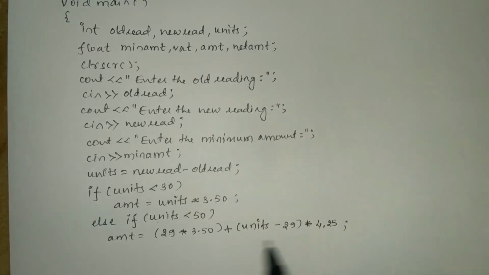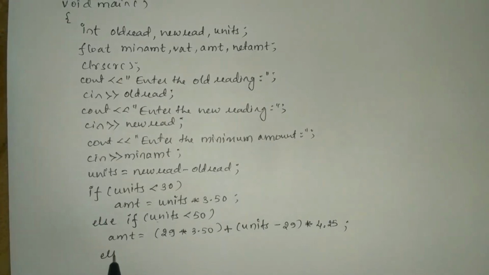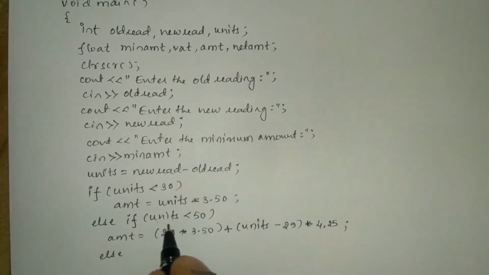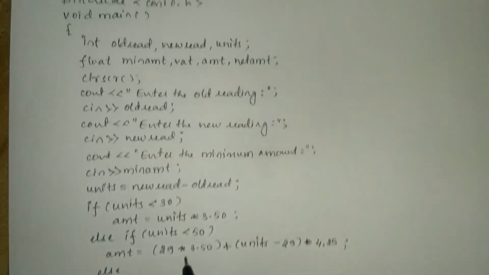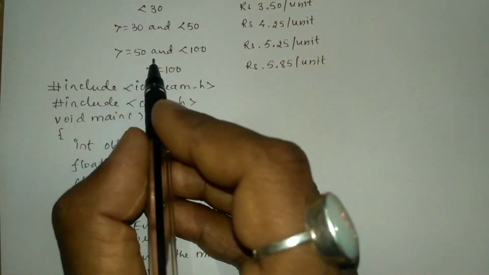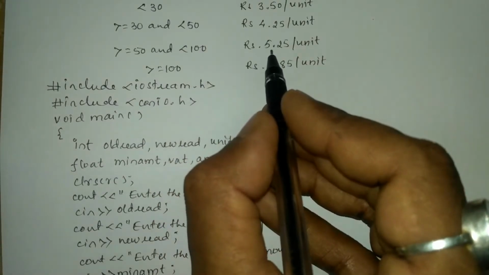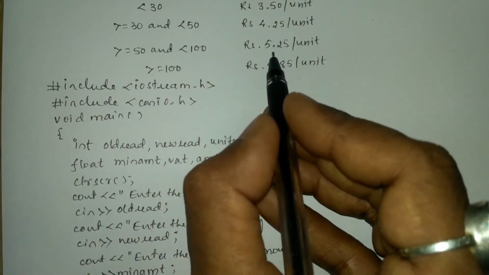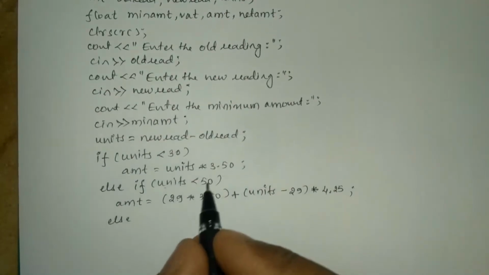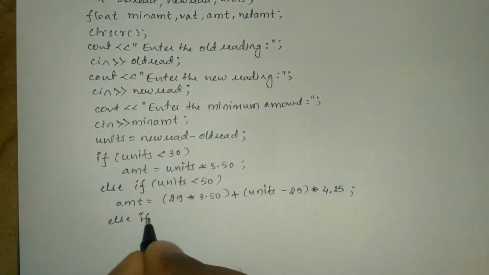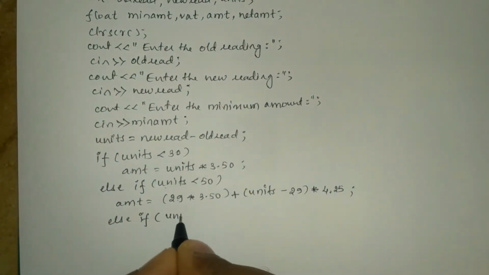Okay, next put semicolon. And next, if this is false, if the units is not less than 50, if it is greater than 50 and less than 100, here you can see if it is greater than 50 and less than 100, then each unit must be charged with rupees 5.25. So now we are going to check one more condition, else if, and here I'm going to write units